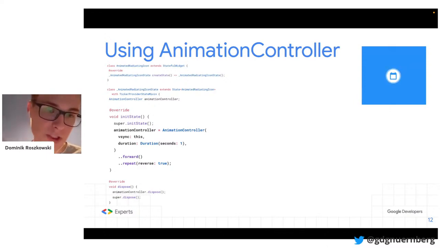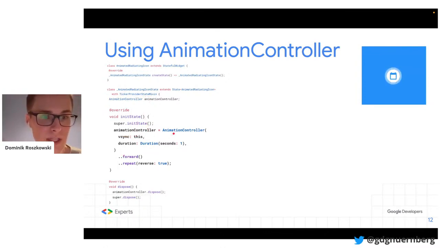In our state, we just need to maintain the instance of our animation controller, and in the special method called init state, we have to instantiate this. We first need to call the super, and then we have the animation controller constructor. We pass the vsync, and if you work with any animation toolkit, you will probably recall the vsync. Vsync tells us when a new frame gets rendered. In this case, we just pass this because our class is providing the ticker provider state mixin. Then we just define some duration.